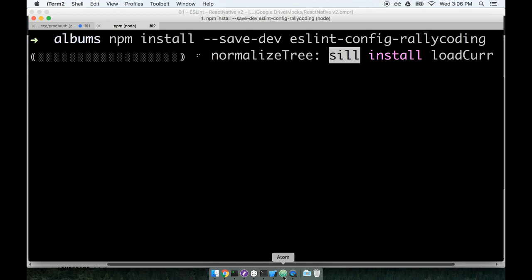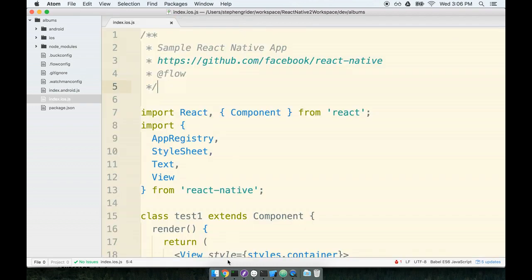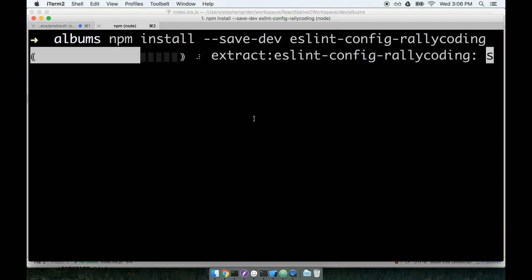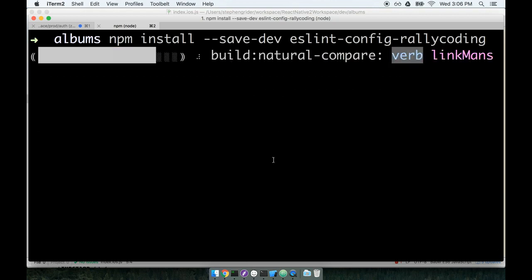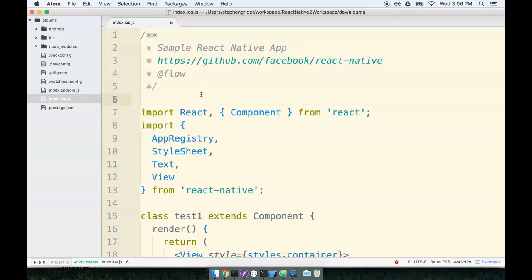And while that's going, I'll also check out my Atom preferences and just verify, okay, yep, both of them appear to have been installed successfully. So I don't need any more settings anymore, so I'll close the settings pane at the top. And I'm going to go back over to my terminal and just verify that this installation is going to wrap up here in just a second. Okay, well that's just going to take forever. So while that's going, the last step for setup that we have to do is we have to make sure